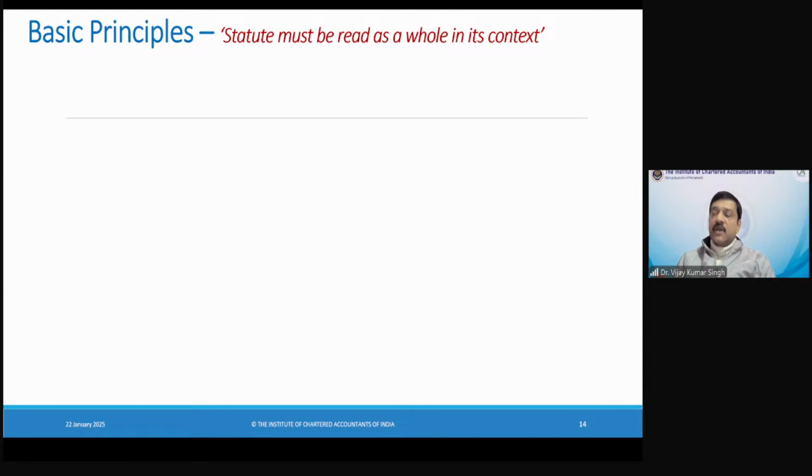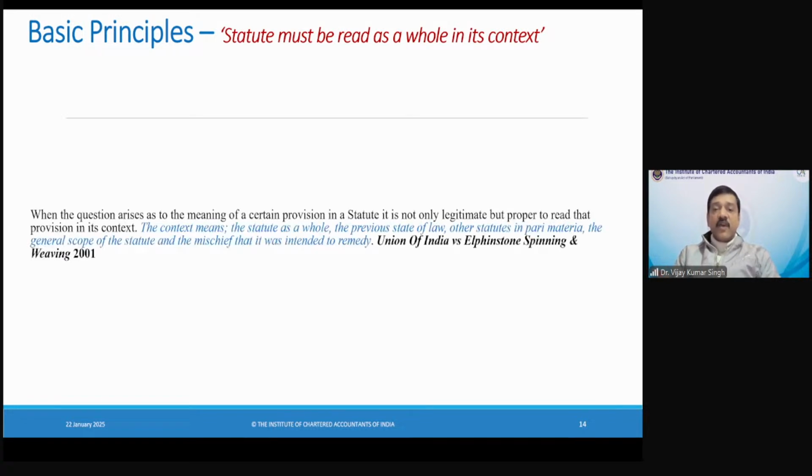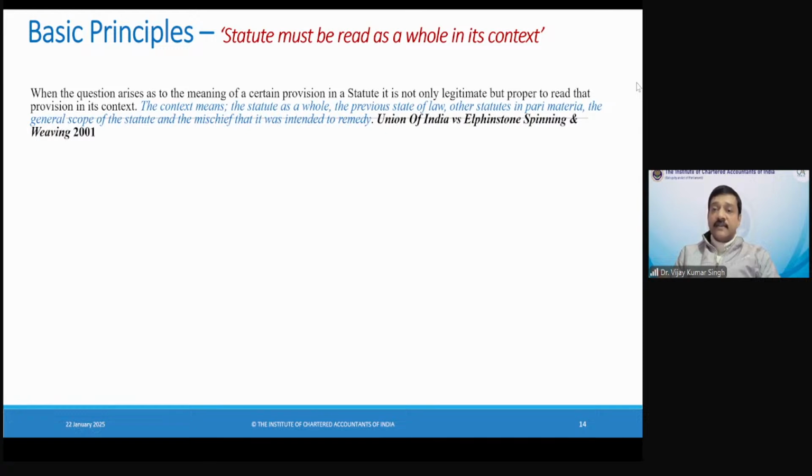Either it can be a forward-looking legislation which looks at the future and then it makes the laws, or it can be a legislation to cure a problem, or it can be a legislation for welfare. It must be having some issue which it is trying to address, and hence you have to read the statute in that context. Okay, and then you have to understand what exactly it means.